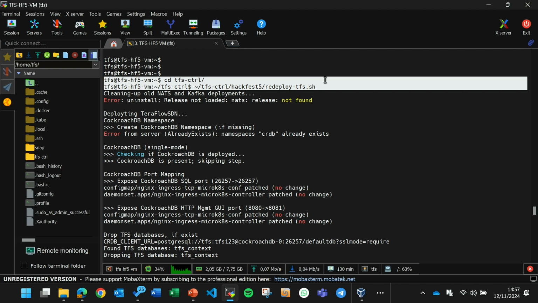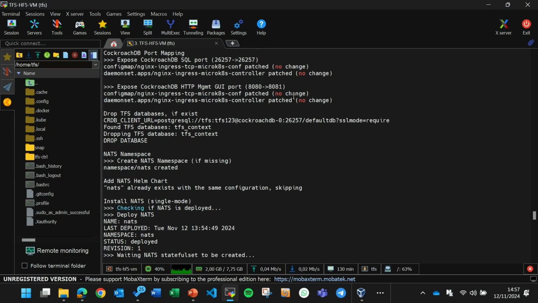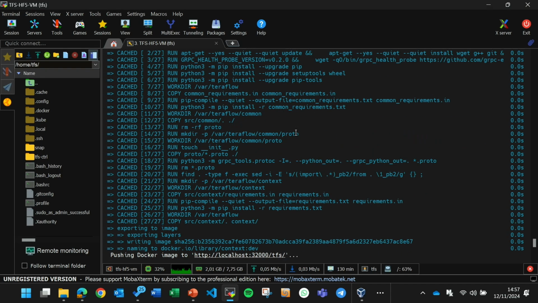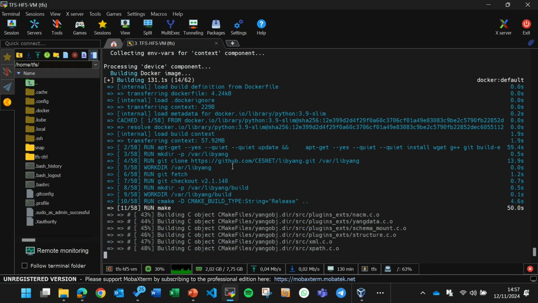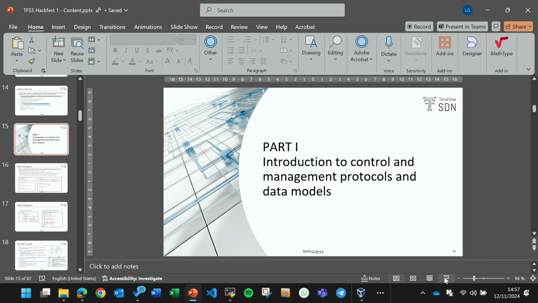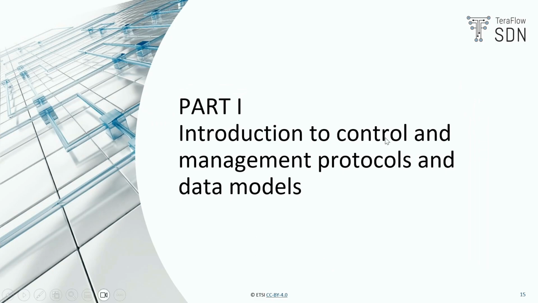Everybody is at this stage? Okay, I understand for everybody TerraFlow is now being deployed. As said, it might take some minutes, so I continue with the presentation here. Okay,